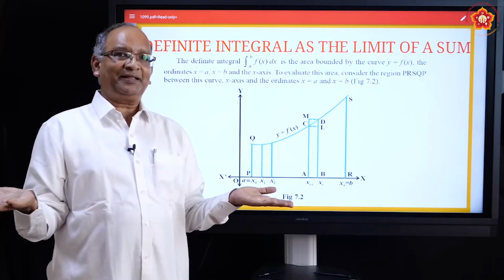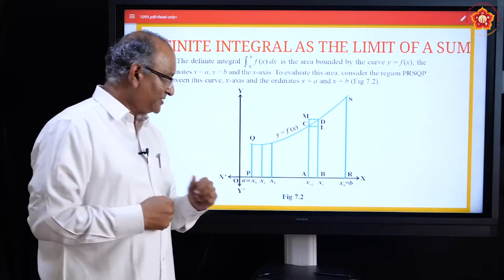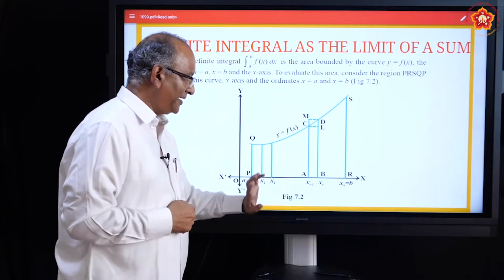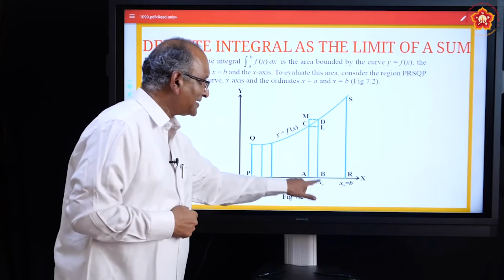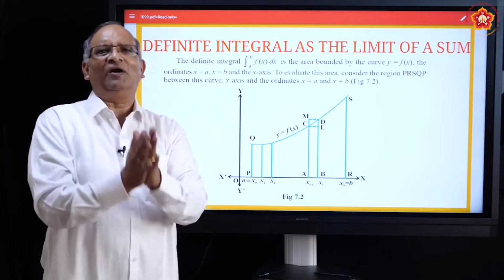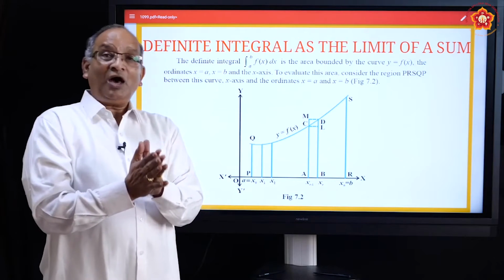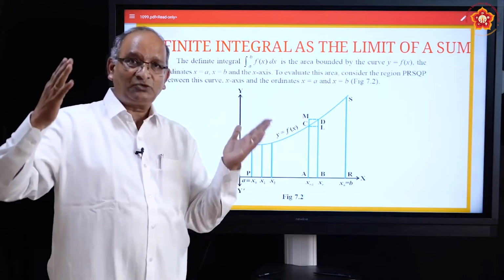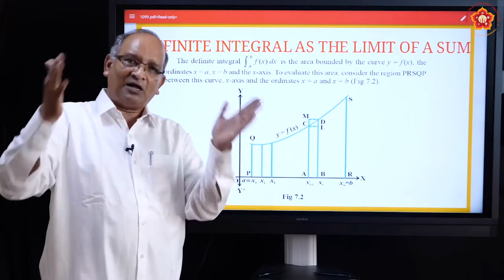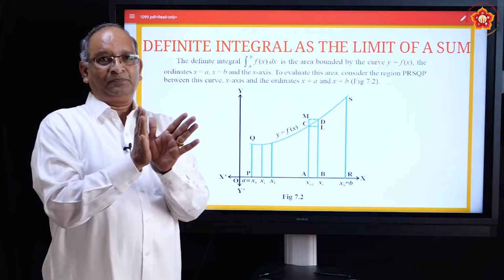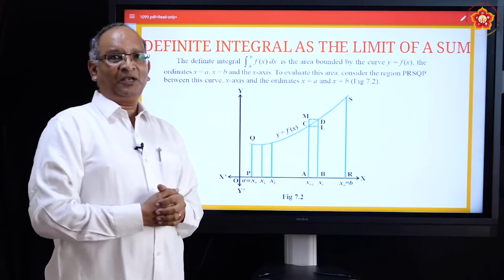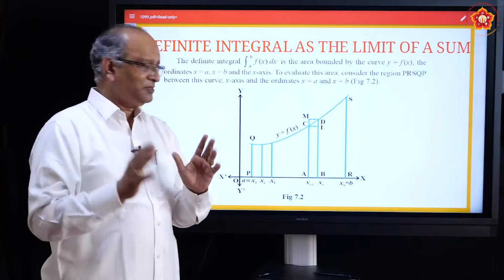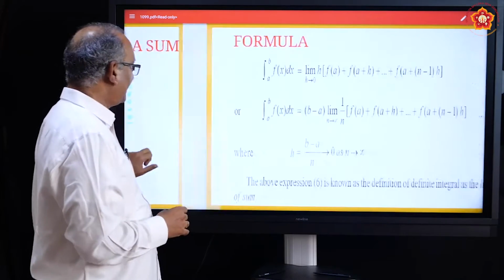So what will the area be then? The area is going to be x(r minus 1) into h. For the bigger rectangle it is x r into h, and both will become one. We are trying to say that the required area, which was between the smaller and bigger rectangle, will also become the same. And that's how we derive the formula. I hope you understood. So let us move further.